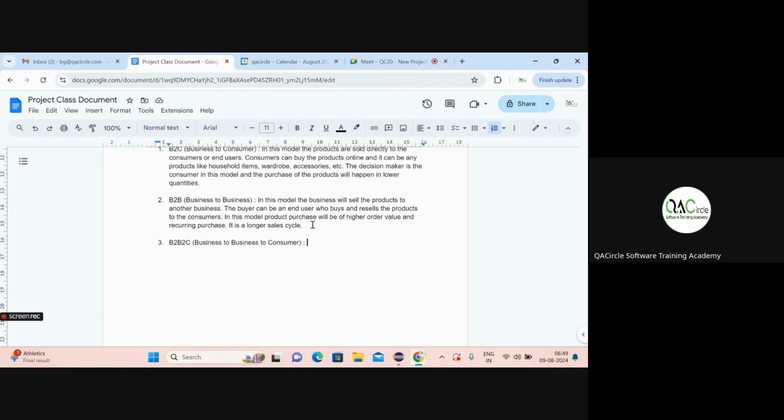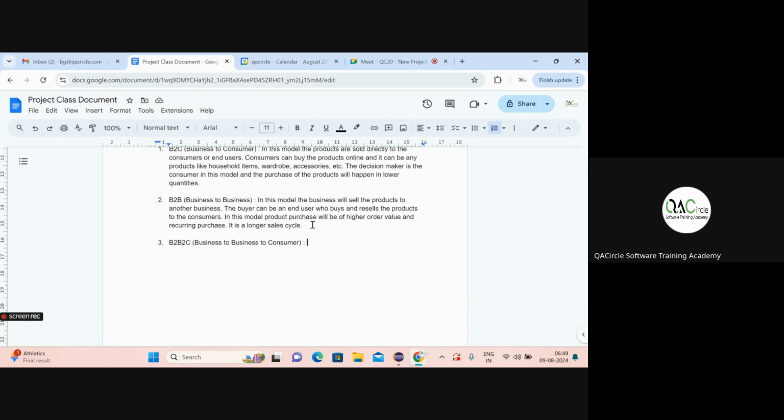Now Amazon will purchase a particular cosmetic from Nykaa, but they will not name that product as Nykaa. They will rebrand it to their name, and they will sell that product to their